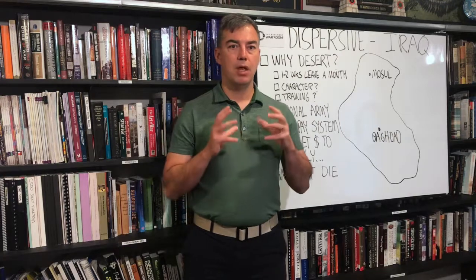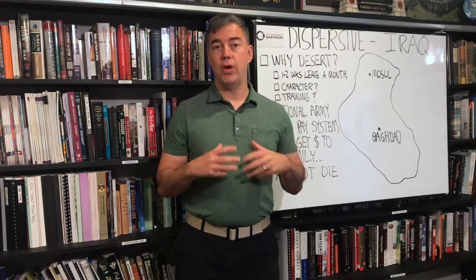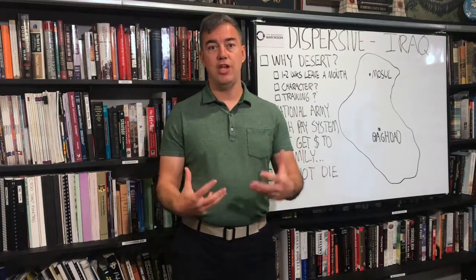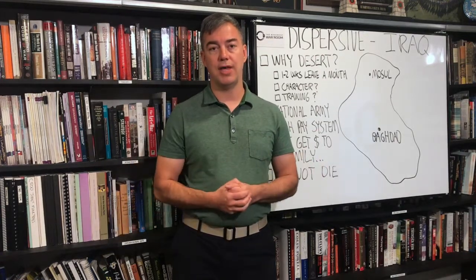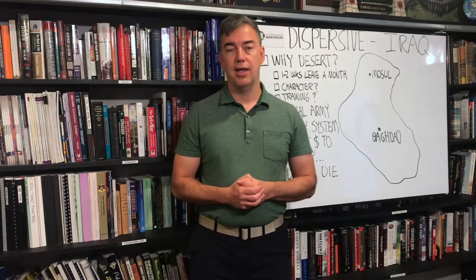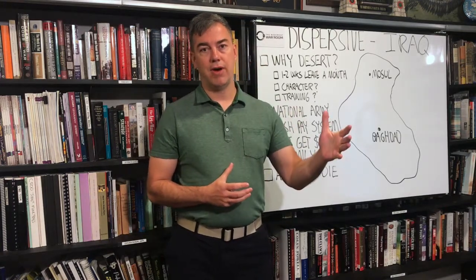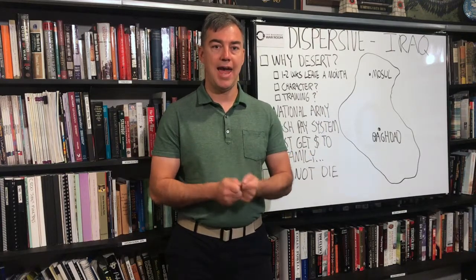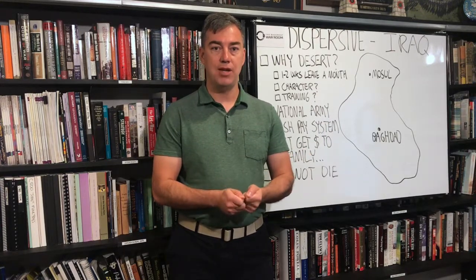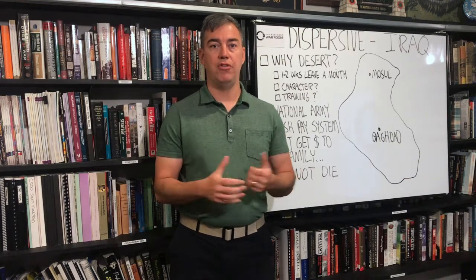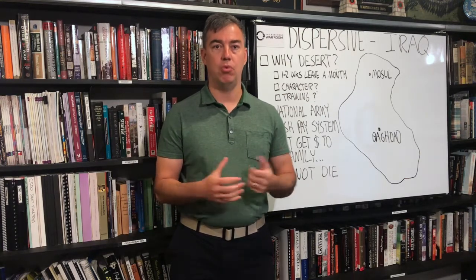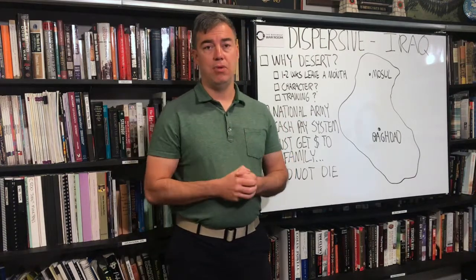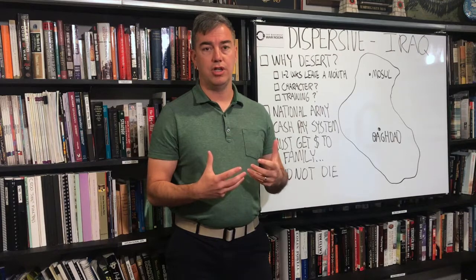And so dispersive terrain, the way Sun Tzu describes it, that when you're in your own territory there is a scattering effect, was absolutely true in Iraq. And it wasn't because the Iraqis had terrible character or they were poorly trained. It's because they were paid in cash and they had to get that paycheck back to their family in order for their families to survive in a civil war environment. Okay, so that is my example of terrain using Iraq.